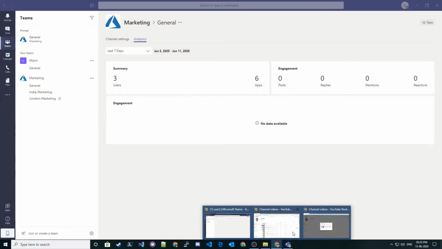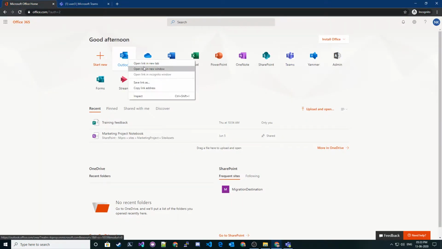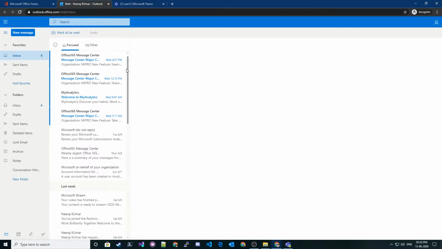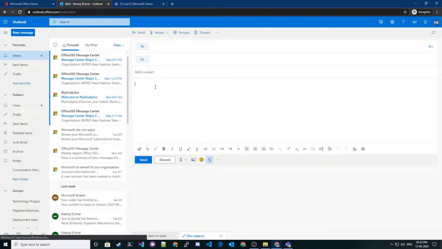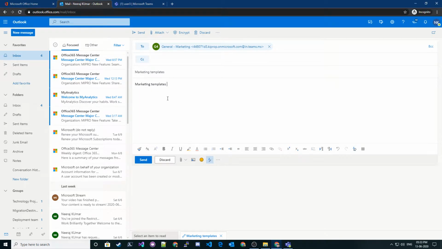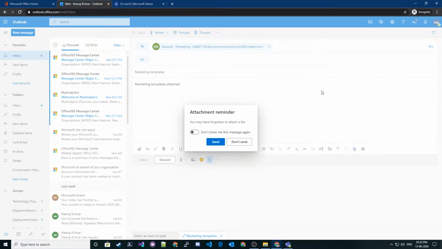I'm going to copy this, and if I go to my teams and if I go to Outlook, and if I send a new message, I can add the general marketing channel, marketing templates. I'm just typing a random message over here, and I can attach some marketing templates over here. Okay, if I send this,